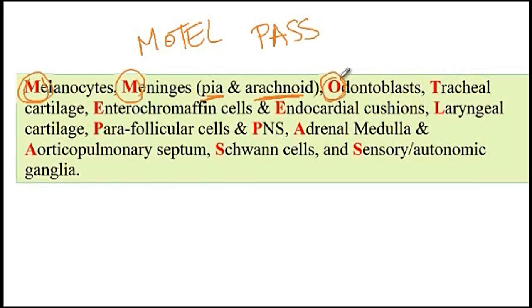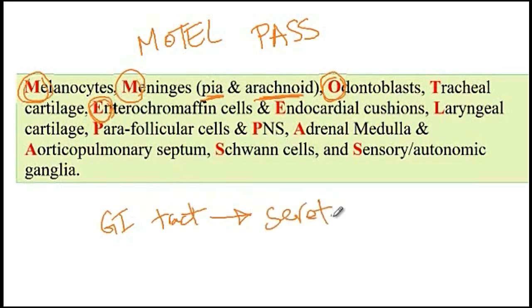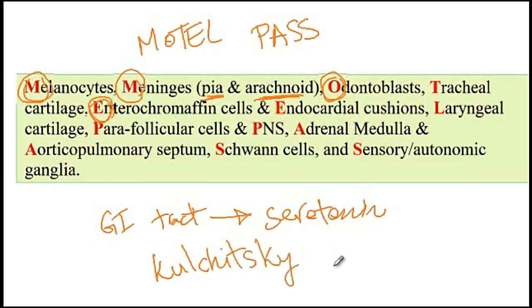Then we have odontoblasts, which give rise to the dental pulp, tracheal cartilage, enterochromaffin cells, which are actually found in the GI tract, so they are in the lining of the GI tract, and they help form serotonin. And another name for enterochromaffin cells is actually Kulchitsky cells. Then we have the endocardial cushions, which are helping to form the interventricular and interatrial septum, laryngeal cartilage,